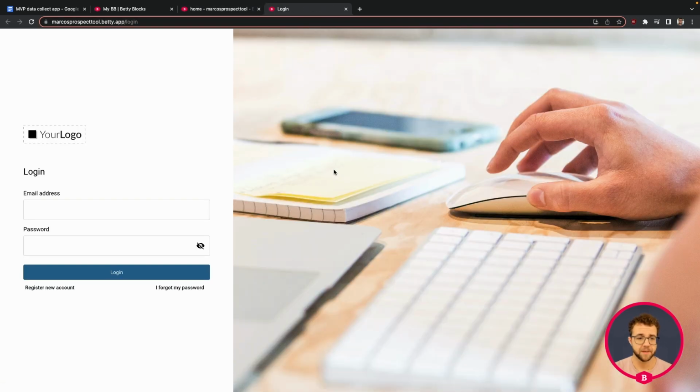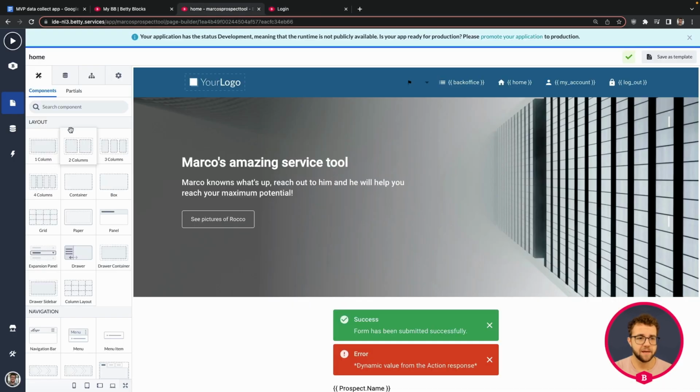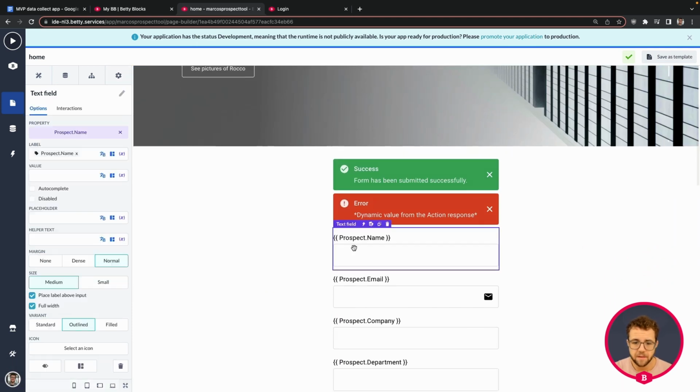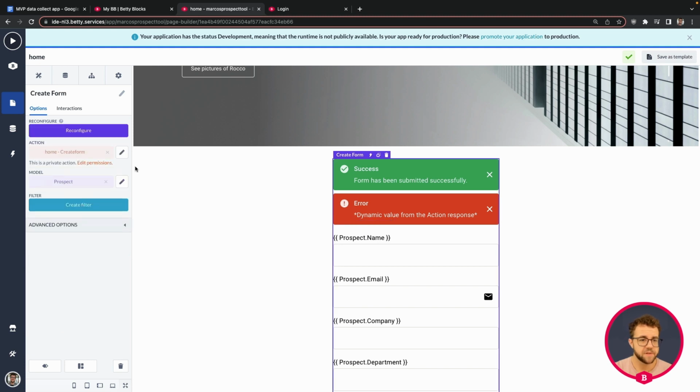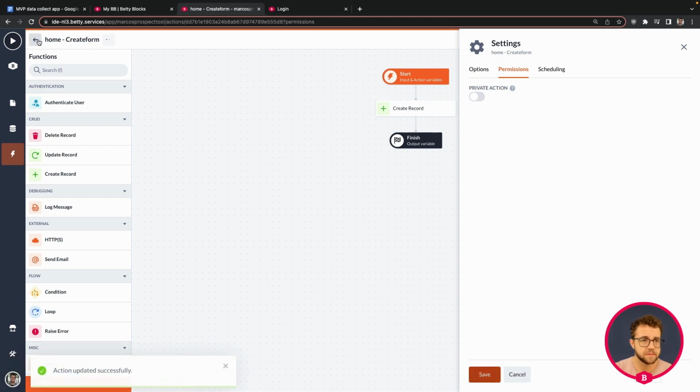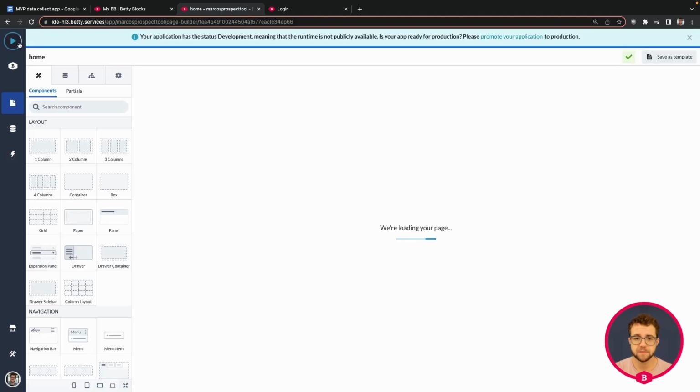So here we go. Now looking at this page, I see that I have made this not a public page, of course. Save settings. We don't want this page to have any restrictions. We just want this to be open and accessible for everyone. So I'm just changing some stuff, you know, can happen. Wait for the green mark to compile, and there we go. Press the play button again, and